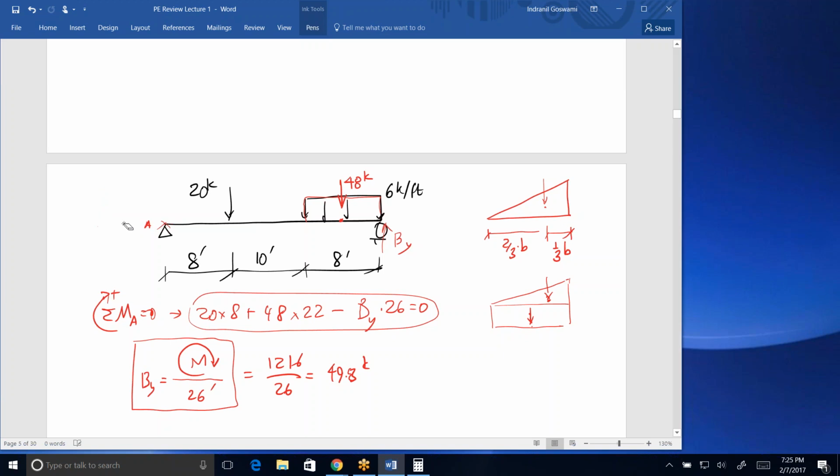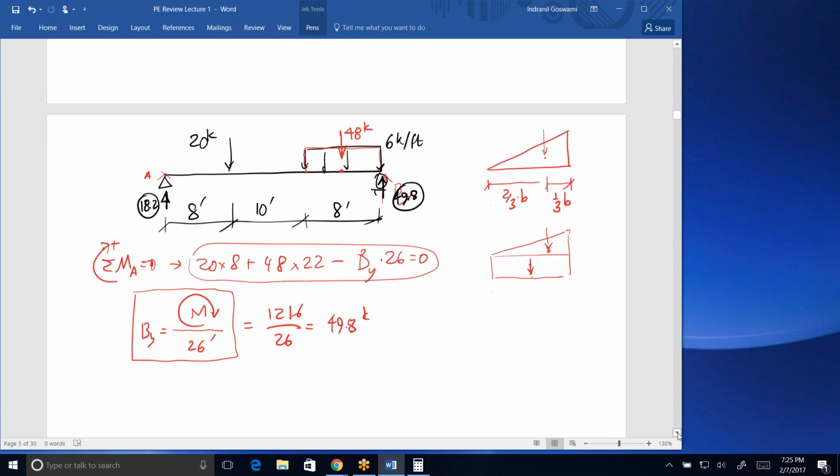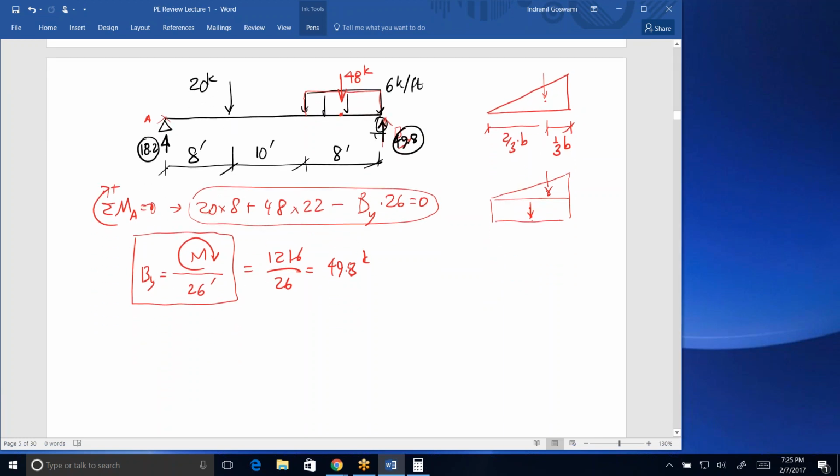So now we have our reaction, and we know that our total load is 68, so the other one must be 18.2. So we know both our reactions. We have 18.2 here, and we have 49.8 here, right? So we know that our shear diagram,